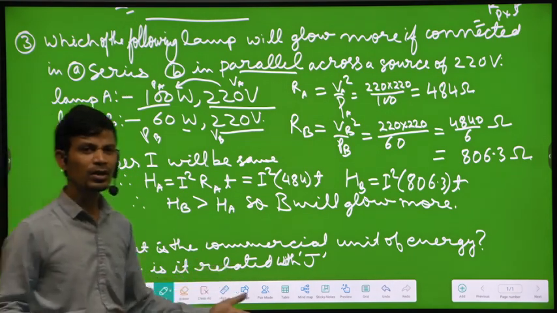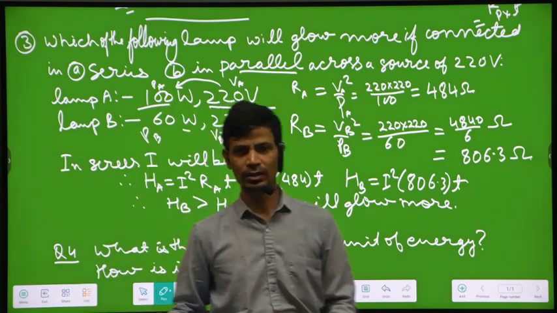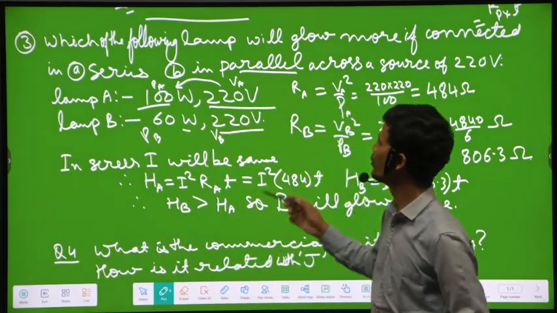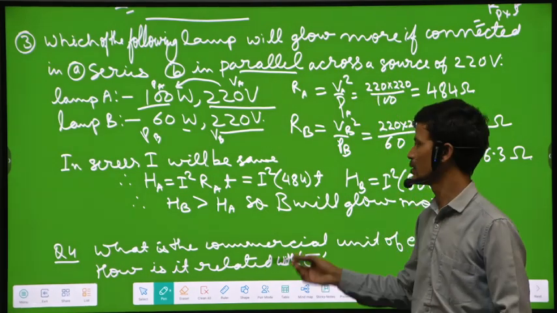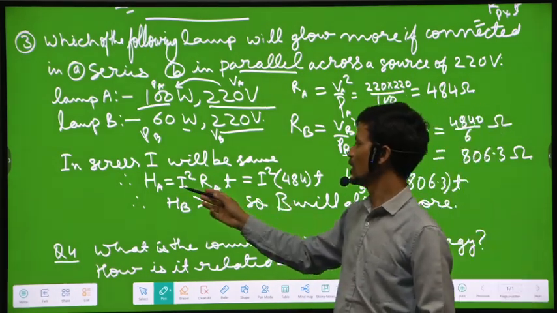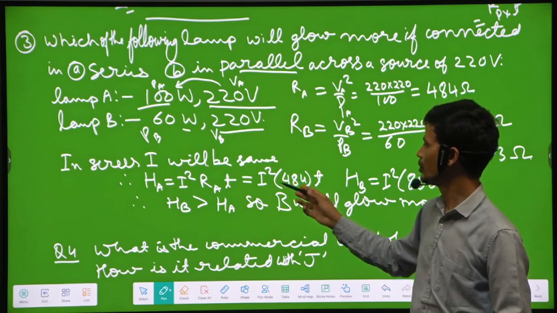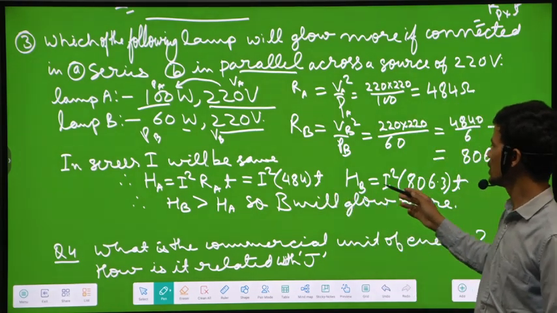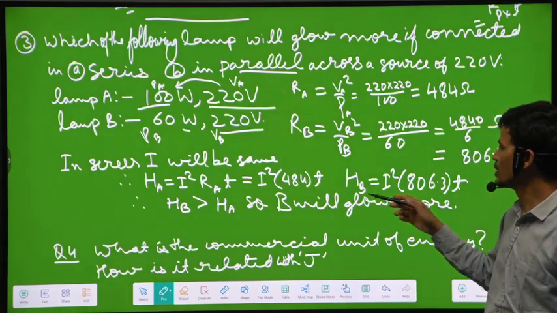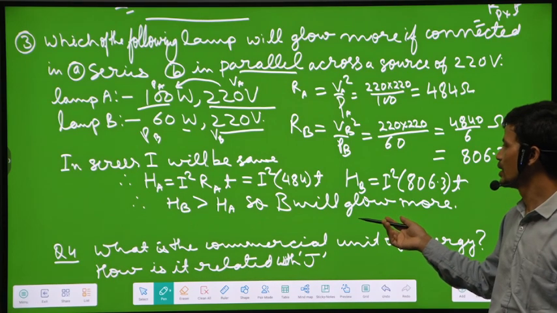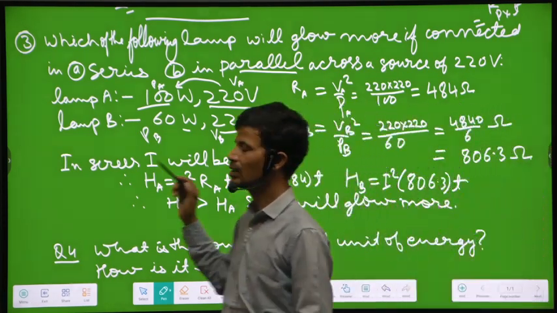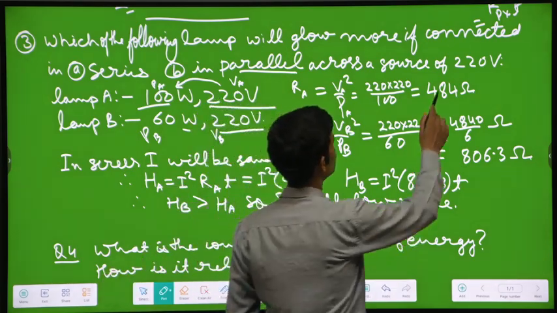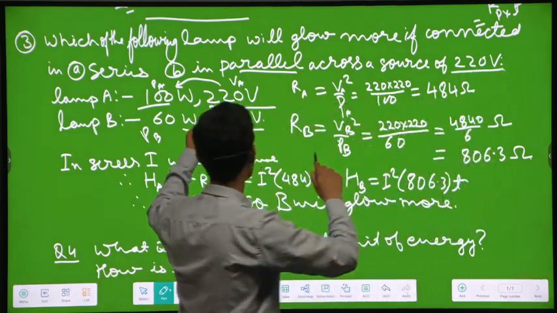We don't bother to find current, because they just want which will glow more. We just have to justify it. So analytically we have put the values here, and we can compare: HB is more than HA. But in parallel combination, because they have been connected to 220 volt, which is